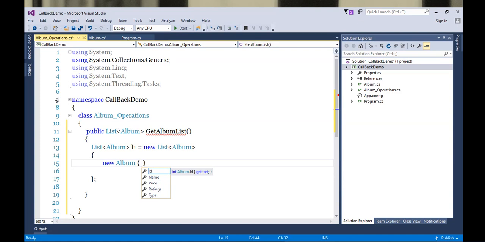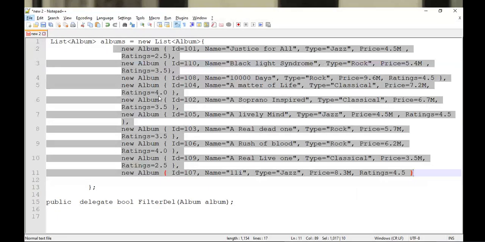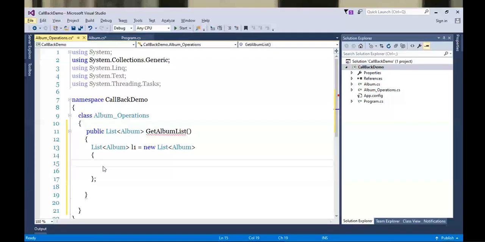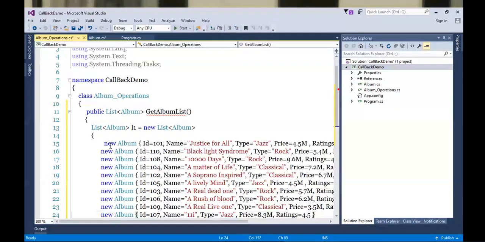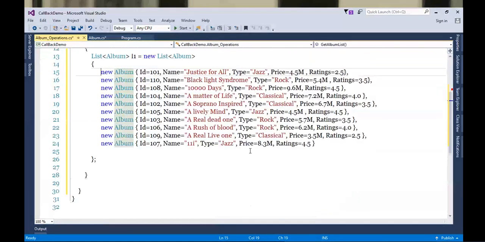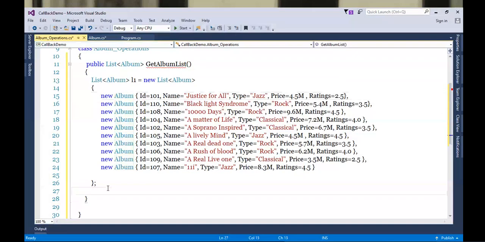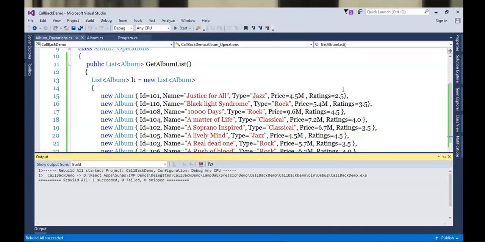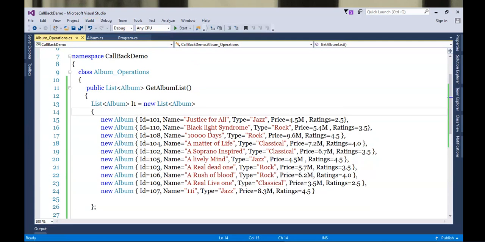To reduce the time, I simply prepared some of the albums out here. So let me copy those and start pasting it. You can watch out, I got a list of albums here, and in fact, I took 10 albums. Return the list. That's it. So this is how I will be getting the list.